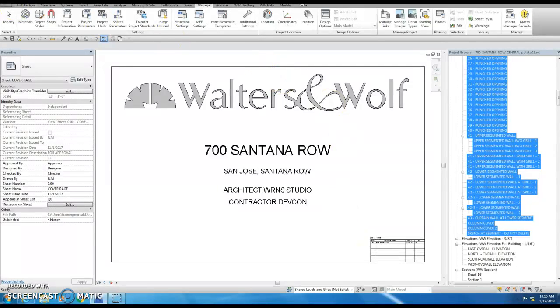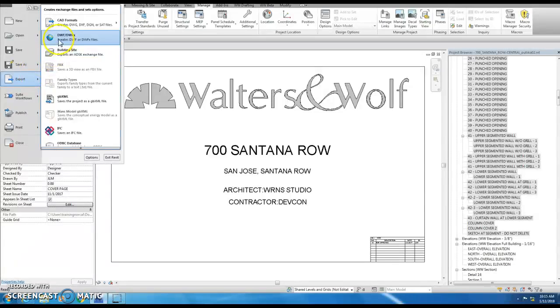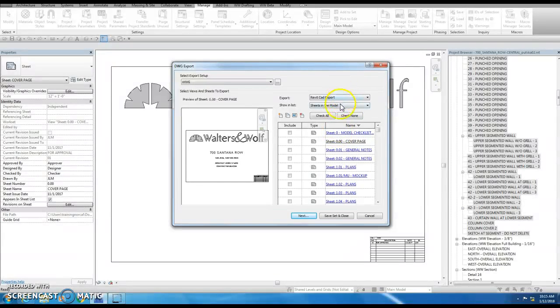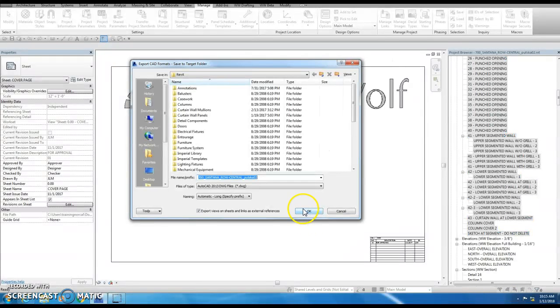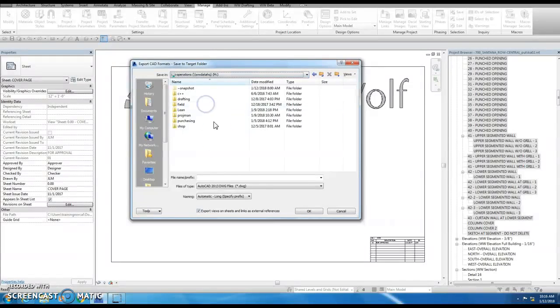Now if I come back here, it'll be saved for me. So I go to Export, CAD, and DWG. And I've got the Revit CAD export, I've got the WWG. This is already set to the right elevation, so I just hit Next. And we'll put these in a target folder. For me, I'm just going to stick them on the M drive. And we'll call it